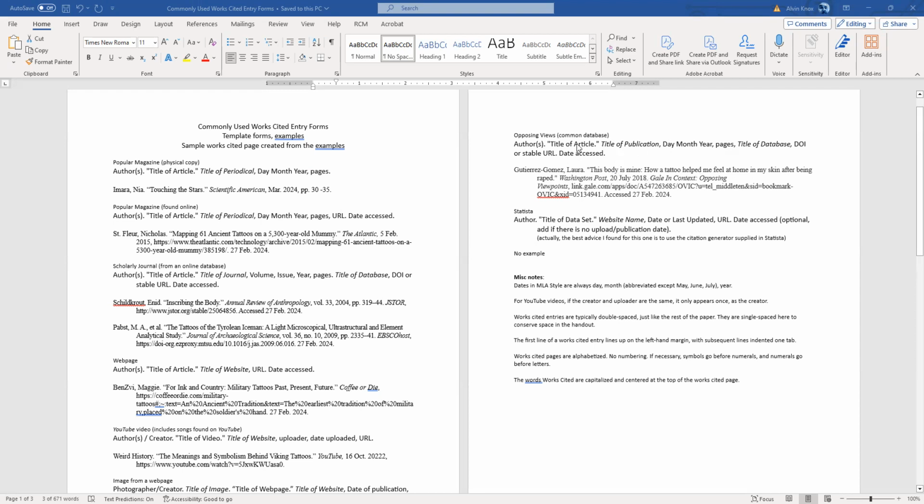In quotation marks, the title of the article, then the title of the publication, the Washington Post, the date, 20 July 2018. May, June, and July are the three months that do not have abbreviations. Then the name of the database, Gale In Context: Opposing Viewpoints, a permalink. Okay, this is not a DOI number. DOI numbers always say DOI at the beginning. This is a permalink. I checked it twice, right? Made sure I had the right one, and then my date